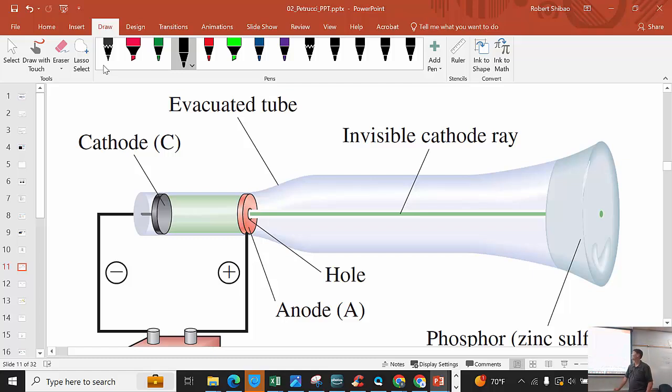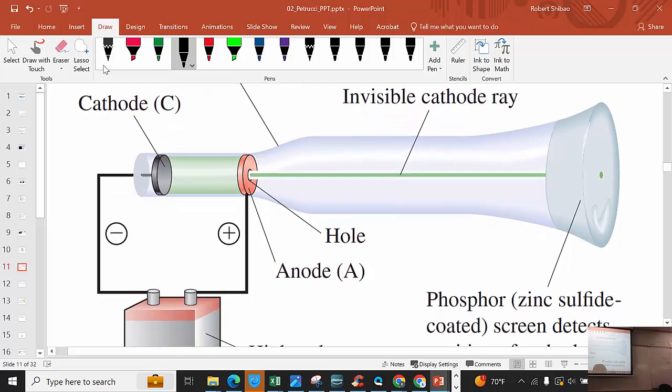The cathode ray tube. This is called the cathode ray tube, or the CRT. What this does is generate a beam of cathode rays, a cathode ray beam. And the cathode ray beam is this. This beam, when we have a battery here, or power supply, essentially what we're going to do is